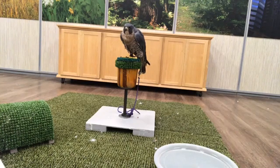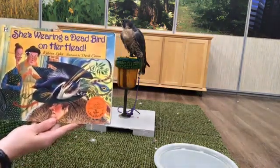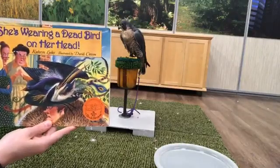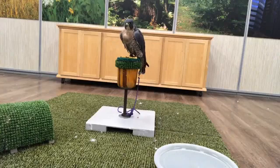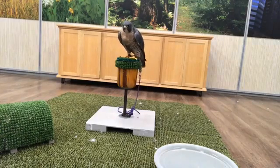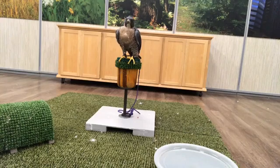So that has been She's Wearing a Dead Bird on Her Head by Kathryn Lasky, with these wonderful illustrations by David Catrow. And it looks like our peregrine falcon here cleaned off a little bit. You've got to make sure you get all of the bits of quail off of your feet and off of your beak. As a slight follow-up to this book, in addition to some of the laws that were mentioned in the book,